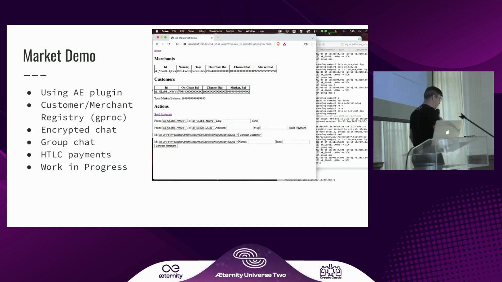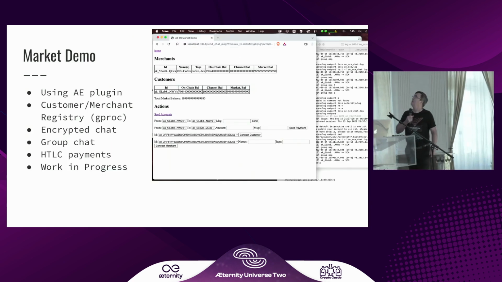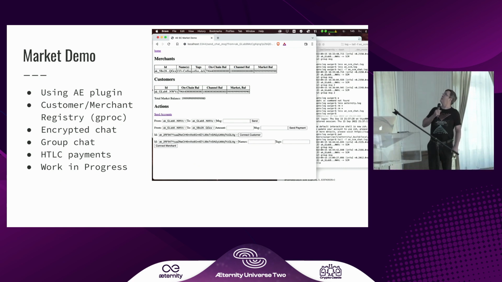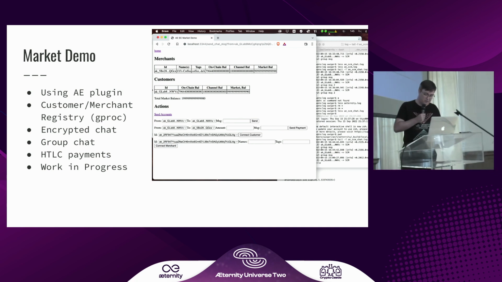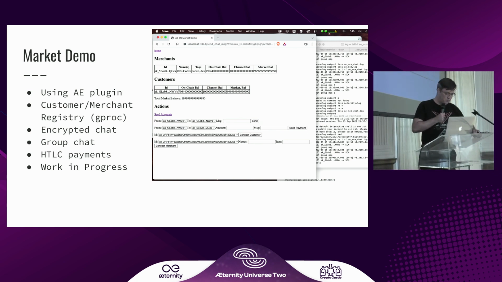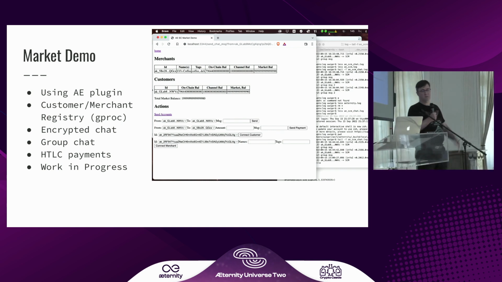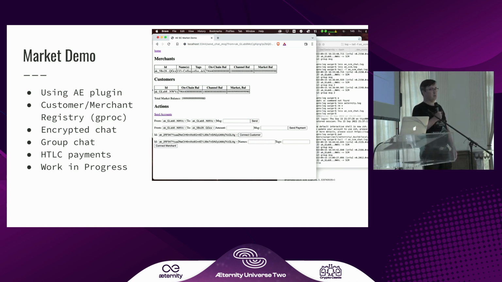So I have a demo. It's the most beautiful demo ever. As you can tell, I've spent the least amount of time possible on the UI. And I had this picture here in case I wouldn't have time to run the demo. But I do have time, so I will run it. Now, I decided to make this a useful exercise for me to use a Node plugin.